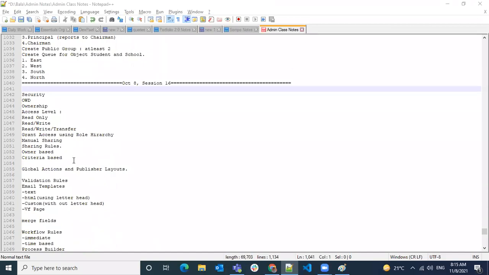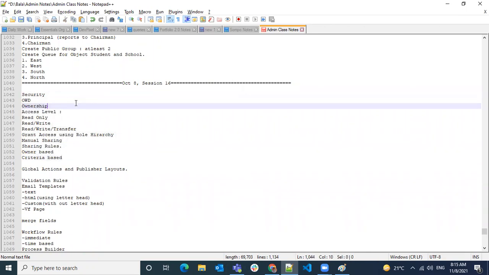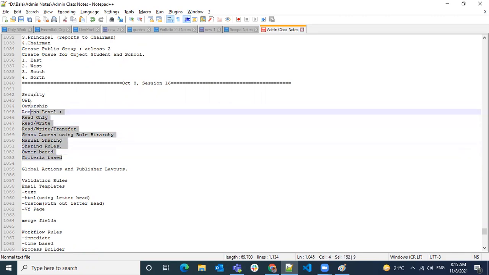Today, we're going to see a quick introduction about security. So, this security, how we can control, what are the different levels. I just give an introduction, and tomorrow we're going to deep dive into this topic. Okay. So, in this, we're going to cover all these topics.